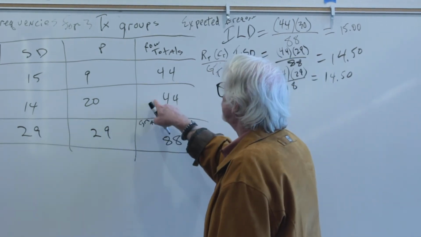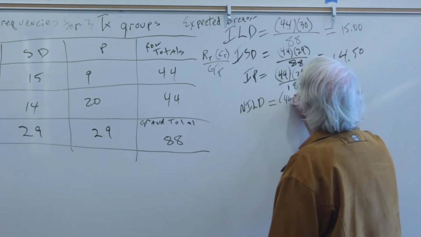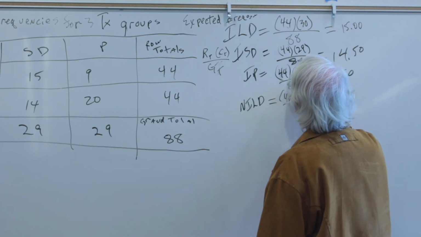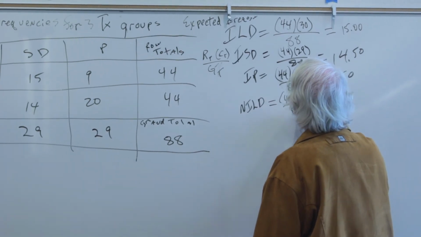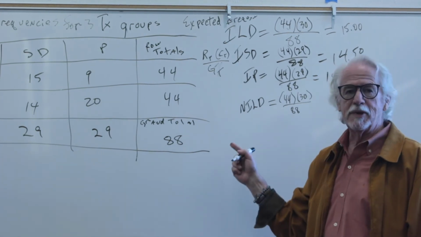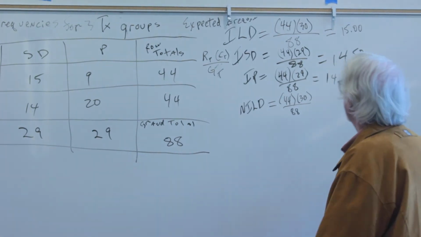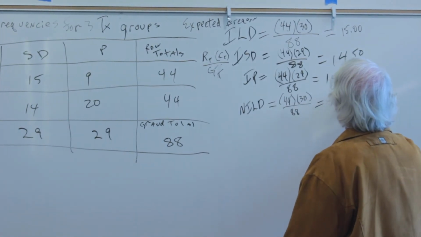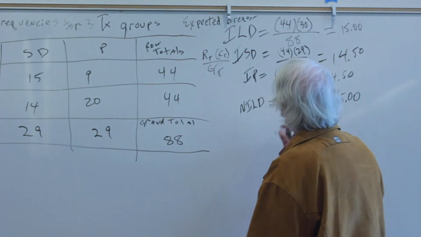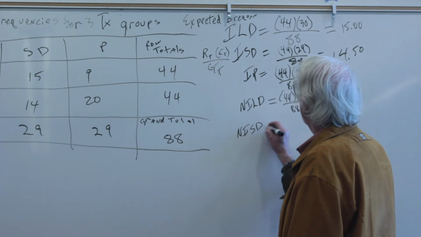Same thing, 44 times 30 over 88, not 18. So of course, this ends up all being the same, because of course the author set up the numbers to come out, right? So here we are again at 15, same thing, not improved small dose,